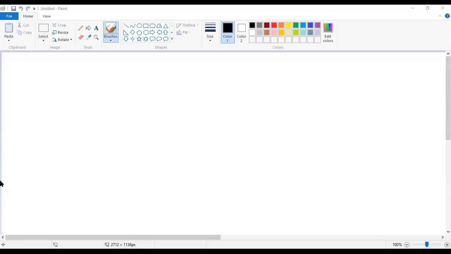Okay, students, all of you know about this. Like this is the pencil tool. Why do we use the pencil? To write something on the screen. And this is the eraser tool. Why do we use the eraser tool? To erase something. And this is the color picker tool, for doing any color in the drawing. And this A is the text tool. Why do we use the text tool? To write text. And this is the magnifier tool. Why do we use the magnifier tool? To zoom the drawing.